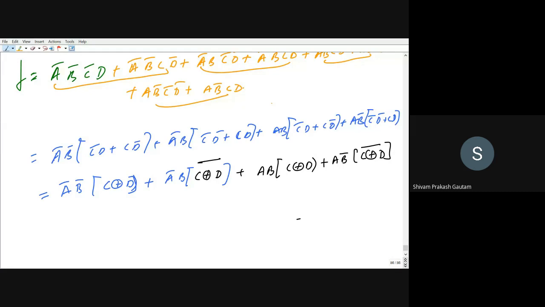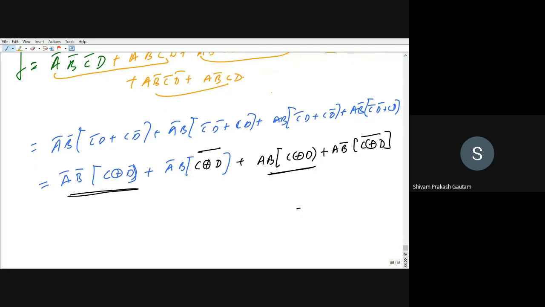Okay. Now what I will do, I will take C XOR D common from these two terms. So just see. C XOR D, if I take common, I will get A bar B bar plus AB, plus C XOR D bar.